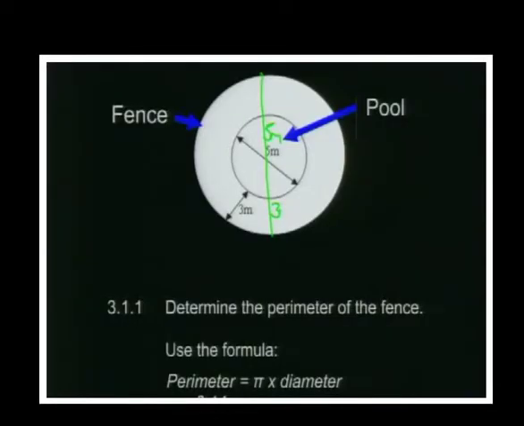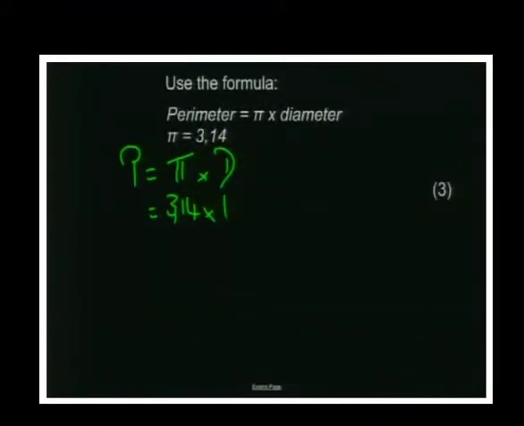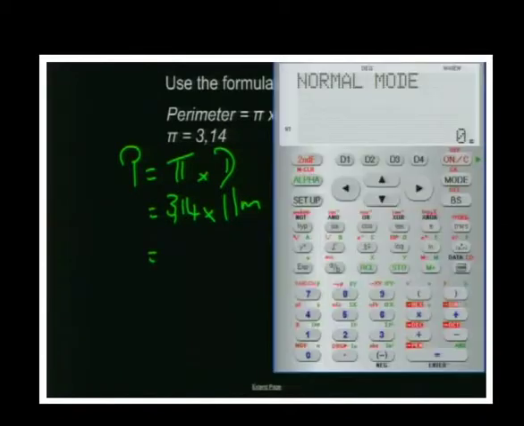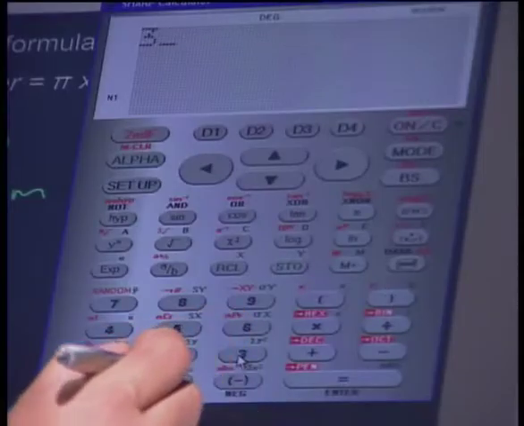That's 3. What is this length? It is also 3 meters. So what's the diameter from one side of the fence to the other? We have 3 meters plus the 5 meters plus the 3 meters. That makes 11 meters. So going back down here, times 11 meters equals, up comes our calculator, and we say